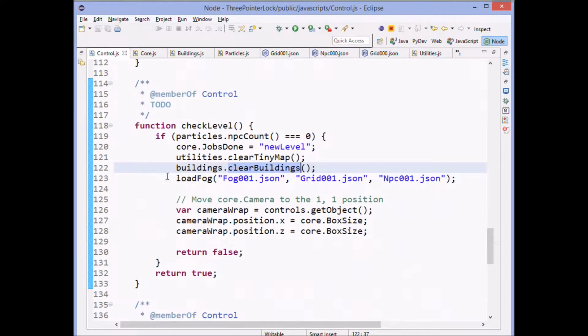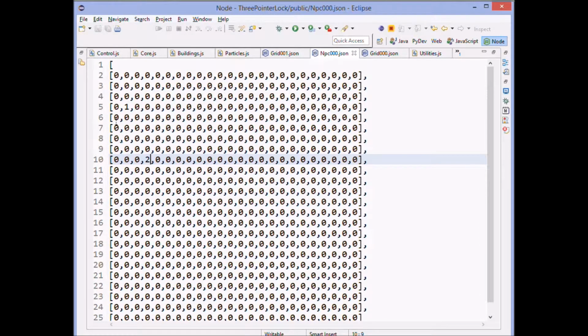Then I call load fog again, which loads the next level of my fogs and my grid and my NPCs. You know, like here was my NPC, a very, very simple one. And if I just got rid of this too, and oops, hitting the wrong key, obviously. If I just got rid of the